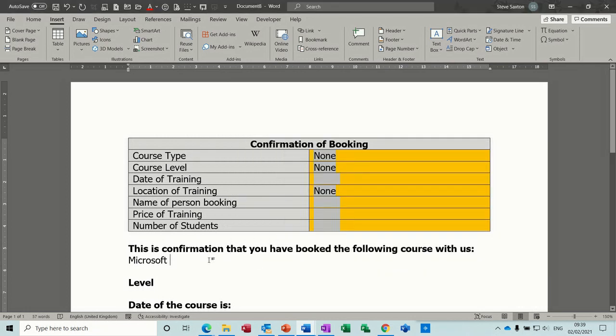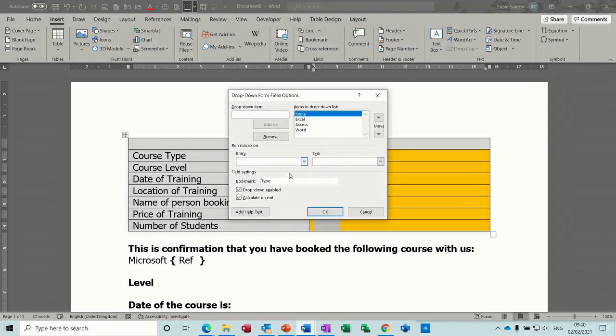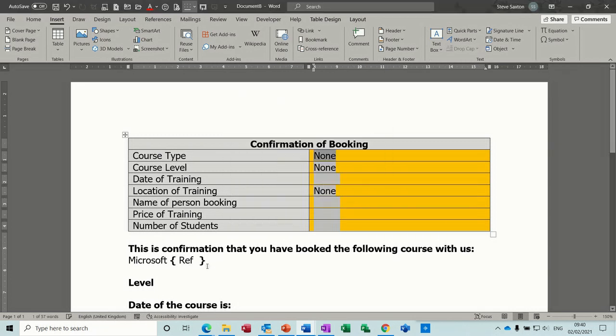So the key command is Control F9, and it puts these 2 squiggly brackets in, which you cannot type. Now if you've got a laptop like mine, I also have to hold the FN key down while I do that. But then I can type ref, and so I'm referencing the type. Remember, I've called this one, if I double click on it, I've called that one type. So I'm just ref, and I type the word type like so,